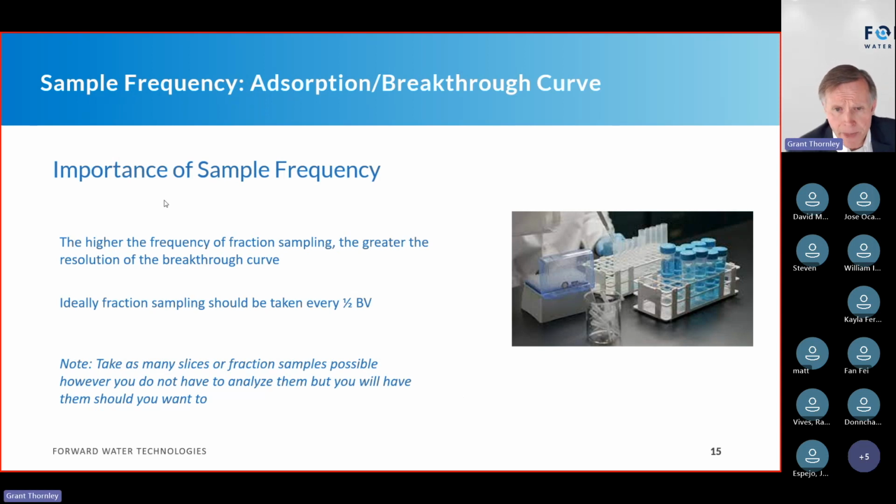Sample frequency. So I'm running my testing, I'm running my cycles, and what I want to do is take fraction samples. As it's dripping through, I want to keep taking samples at different bed volumes of the resin along that cycle time. And typically for your fraction sampling rate, think about a half bed volume, which is really good. And the one thing to point out is that just because you do sampling doesn't mean you have to do the